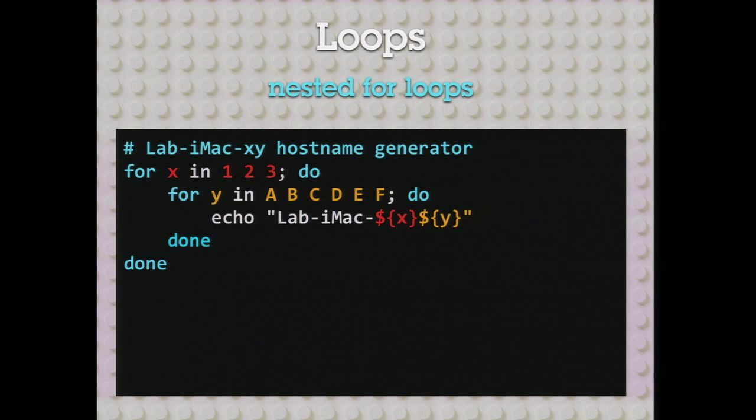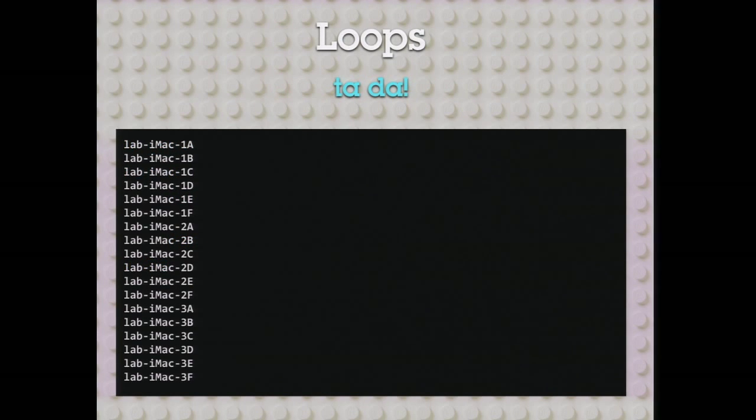Can anyone predict what the order will look like? So this will iterate through all the names. Can anyone predict what are the first three? Right. So logically, for 1, it does the inside loop. It'll do all the iterations on the 1 before it exits out of that for loop. Then it goes to 2, does the letters, then it goes to 3. So it gives us that.